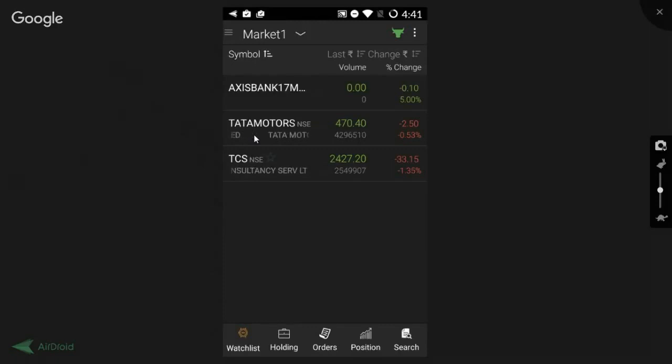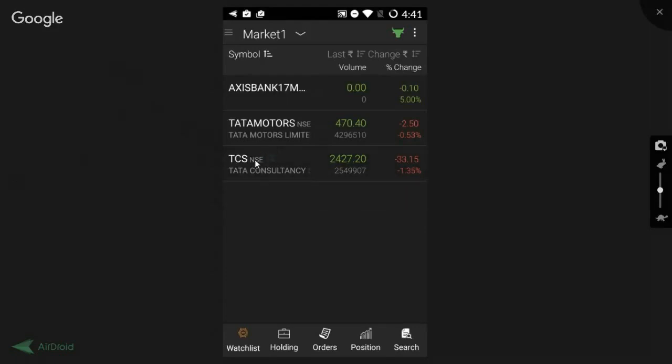One more feature is available on this. There's a star symbol, if you can view it, to select your favorite stock. As you click on the star symbol, it brightens up in golden to select our favorite stock. So we have a line of stocks in our watch list, and now we want to add one of them as favorite. So we can just do it by clicking the star symbol and it would be added as a favorite one.